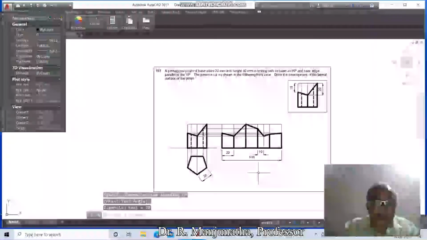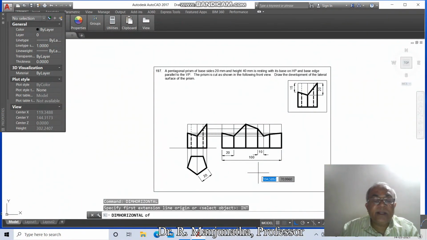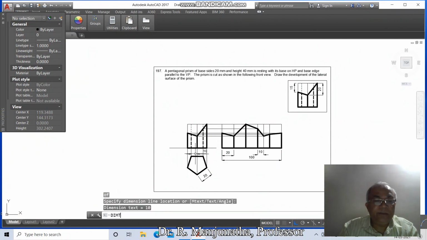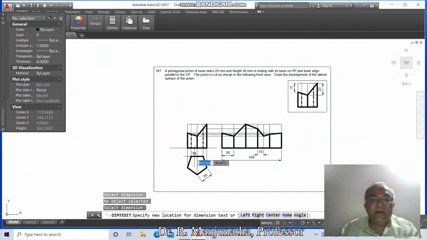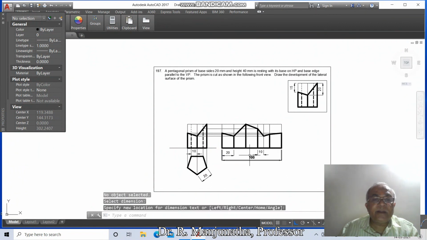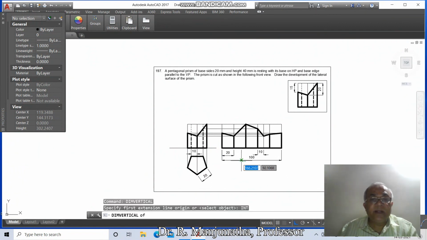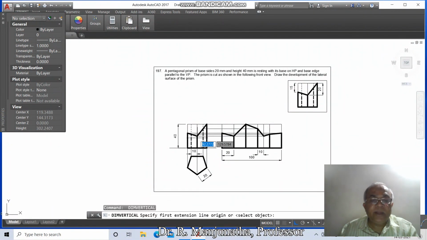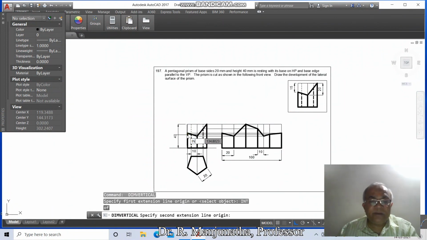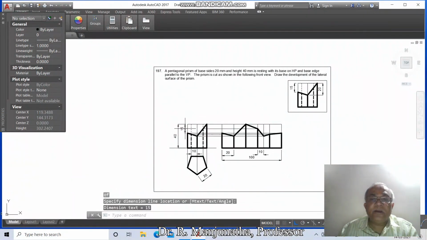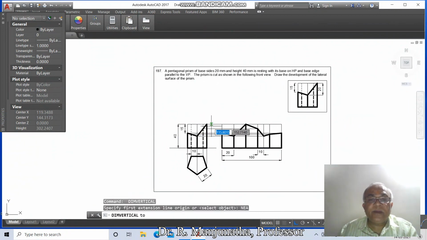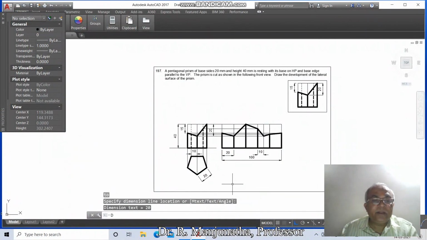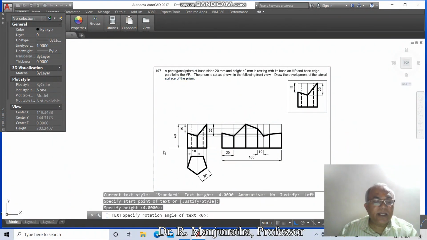then dim horizontal, take intersection of this and take intersection point of this and you take 10, dim TED, select this line and you take it here, dim vertical, intersection of this, take intersection of this, take the dimension as 40 and dim vertical, intersection of this and take intersection point of this, it is 15, dim vertical, nearest point on this and then perpendicular to this, then take this as 20, then go to the text, you type this as X,